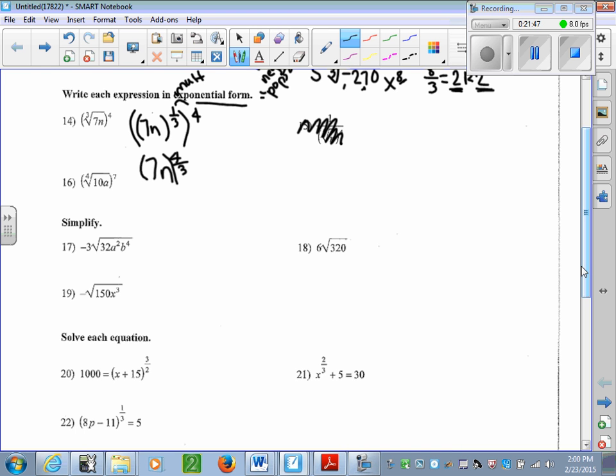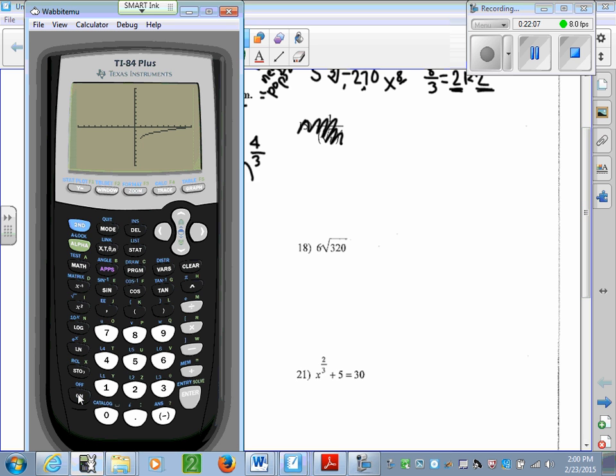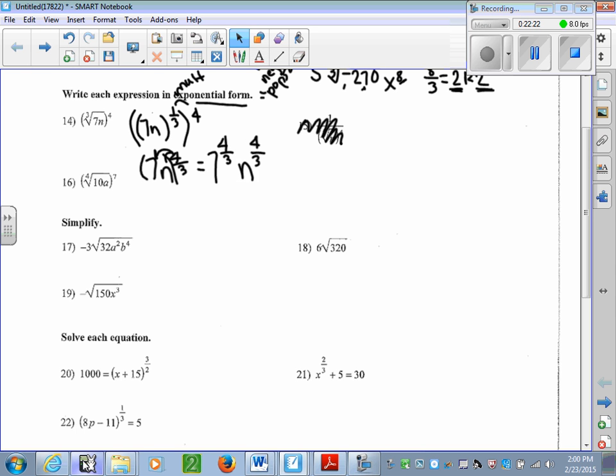All right. So then I can just distribute to each exponent inside the parenthesis and see if we can simplify this any further. So I'm going to end up with 7 to the 4/3, because remember the exponent here is a 1. 1 times 4/3 is 4/3. And then n to the 4/3. And then we can see if this 7 simplifies any further, which I'm not sure. So we just go to our calculator, and we say 7 raised to the 4 divided by 3. Oh, divided by 3. And it doesn't simplify further,